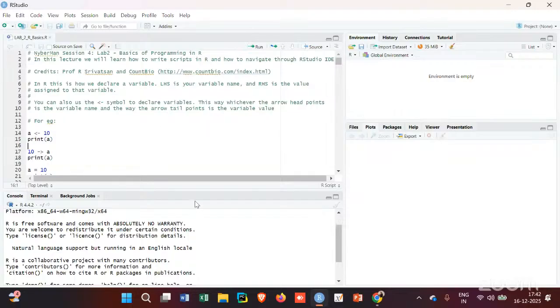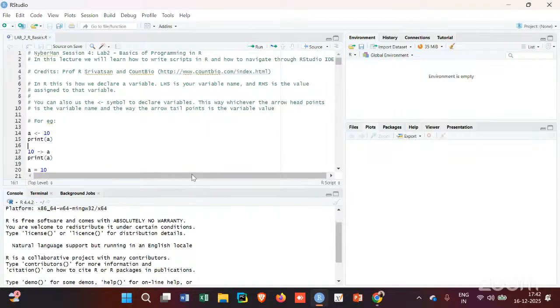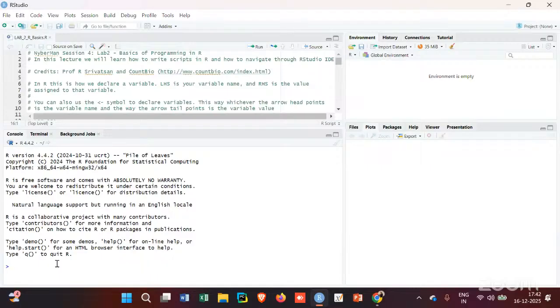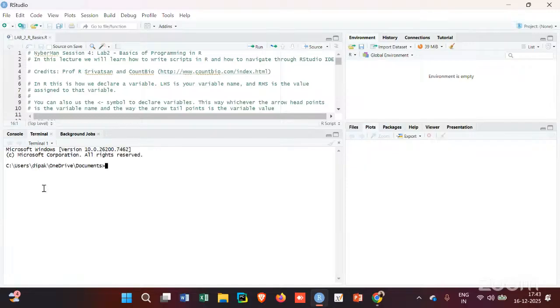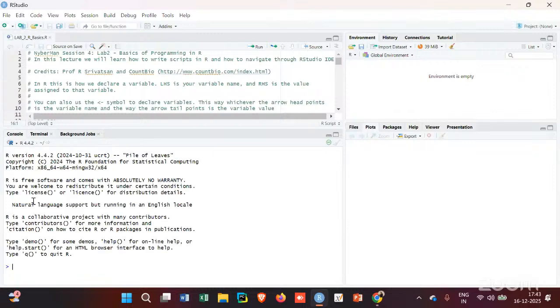This window is known as the R console. Here you can type in any R command or R code and run it. You can also access your system's terminal through this. For Windows guys, it will be your Windows PowerShell. For Linux guys, it will be your terminal, and for Mac guys also, it will be your shell. But by default, this is the R console, as in whatever command you type in R, you can type here